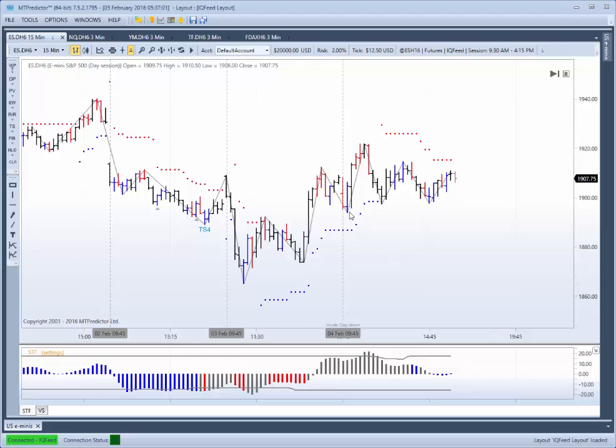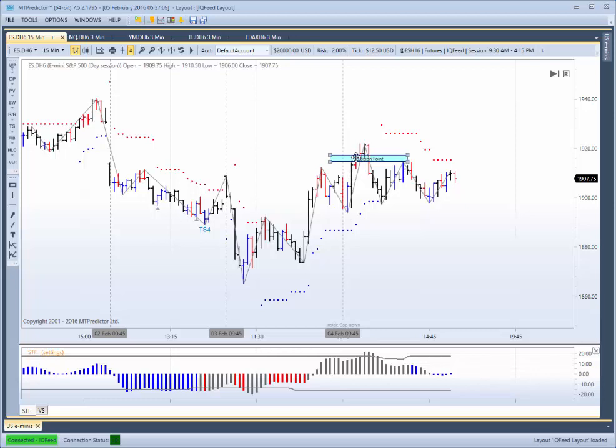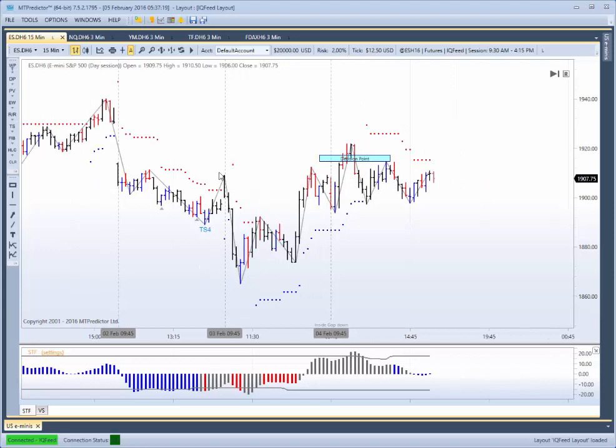So that was our TS3 buy setup there. Even before it unfolded, we'd have gone back to the prior pivot here, placed the DP on, and you can see that would have given you a resistance area up there. Also, and this is more important, is that this is the last swing into this last low. There's a low there you can see on the 3rd of February, and we often get support or resistance on